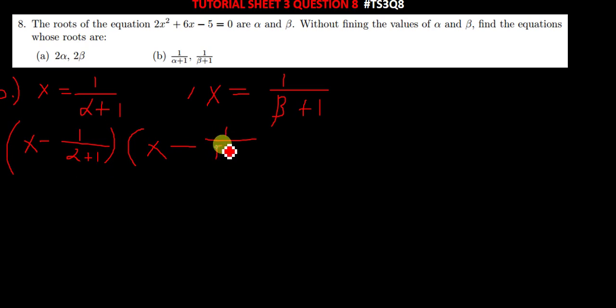This is what you're going to have. And then everything is equal to 0. Then from there, what follows is, so after this, you can now multiply this. So after multiplying this, you can agree with me that you are going to have something like this. When you multiply these two, you get